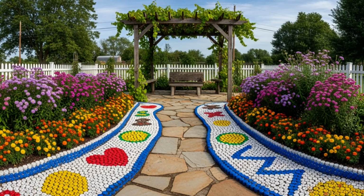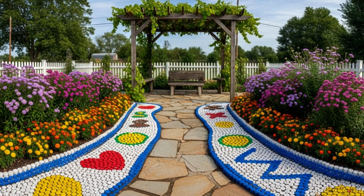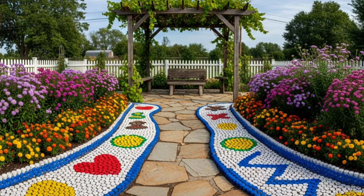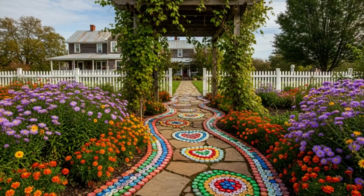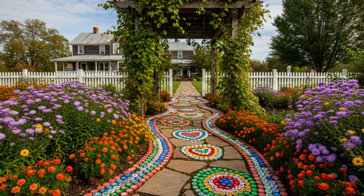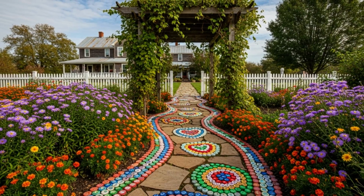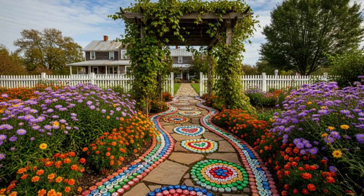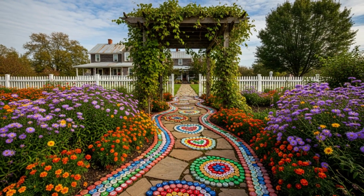Joy often hides in the smallest of details. The cutest bottle cap mosaic borders prove that even the tiniest piece of waste can become a treasure when placed with intention. Once overlooked and discarded, bottle caps are reborn here as tiles of color, arranged into playful mosaics that brighten the edges of tiny gardens, patios,